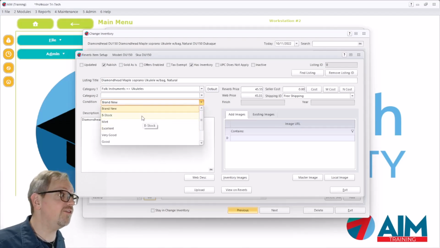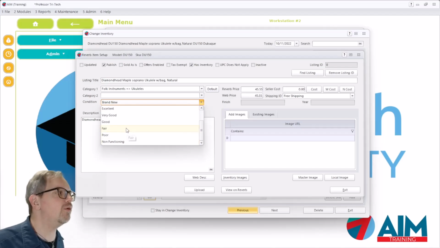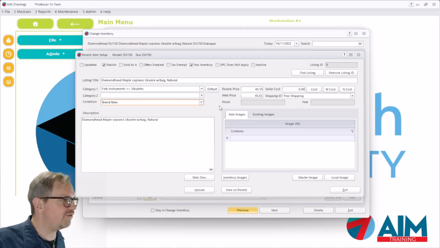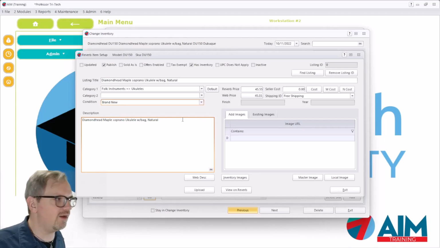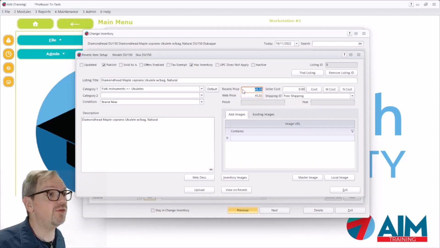Otherwise, if it is used or otherwise vintage, consigned, whatever, you didn't get it new, you're going to want to make sure that you pick Reverb's appropriate listing for that, whether it's mint or excellent, all the way down to poor or non-functioning. That's just to satisfy Reverb's side of this whole process. The listing price will come from where you picked the shopping cart price from, so if you want, you can